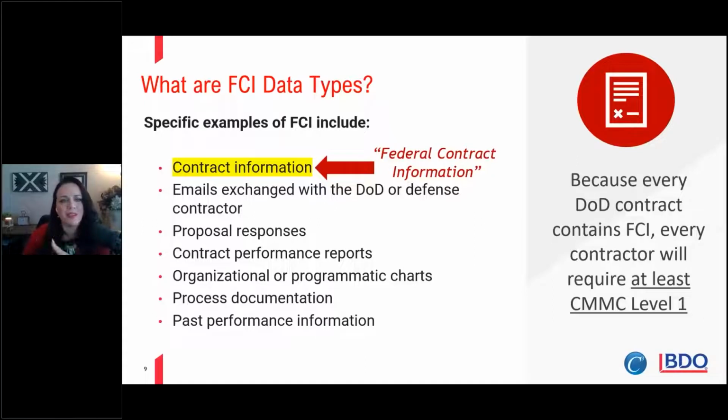So let's go over some examples, if you want to clear up some of that confusion. So number one, obviously I talk about contract information. So again, keyword federal contract information. Contract information is one of the number one data types I discuss that we typically see categorized under FCI. Any emails exchanged with DOD and the defense contractor, proposal responses, I would even say RFI responses may be considered FCI, contract performance reports, organizational programmatic charts, process documentation, past performance documentation, and again, that threshold